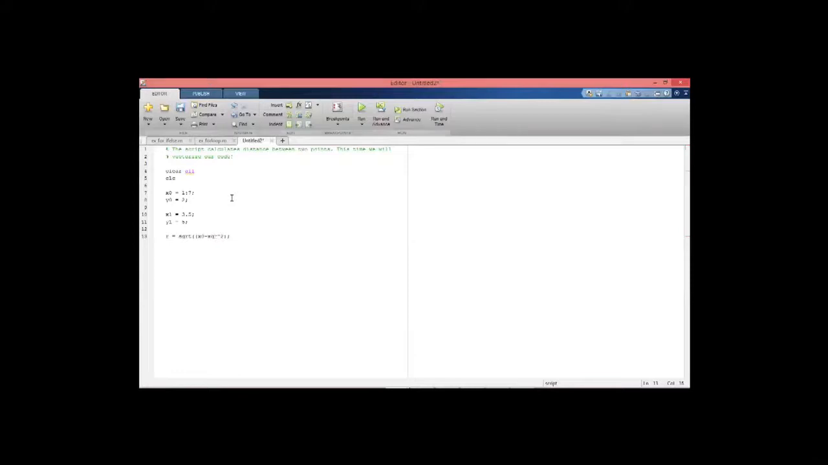X naught minus x1. Since we are dealing with array and want to square each element in that vector x naught, we have to use array operation, and we will use a dot here to tell MATLAB to perform element wise operation. Plus y naught minus y1. So now let's copy this for loop from here